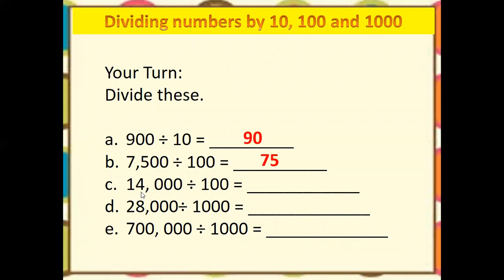Next question. 14,000 divided by 100 is... We have 2 zeros, so we have to cut 2 zeros. Therefore, the answer is 140. 28,000 divided by 1,000 is 28. 700,000 divided by 1,000 is 700. All right? Now,